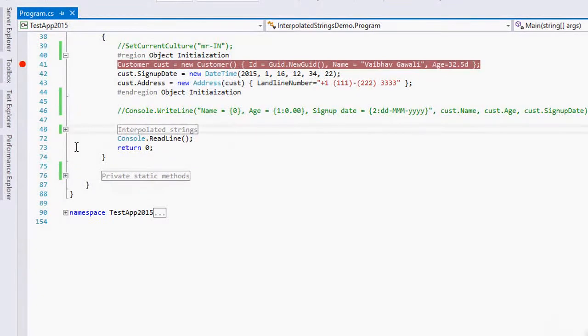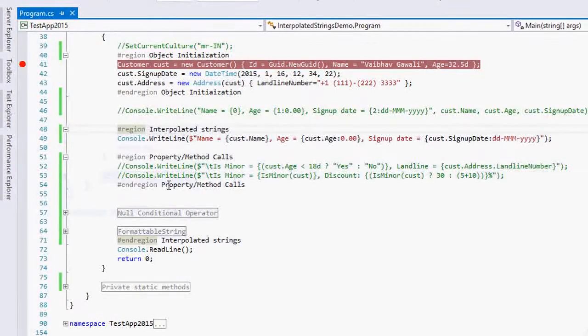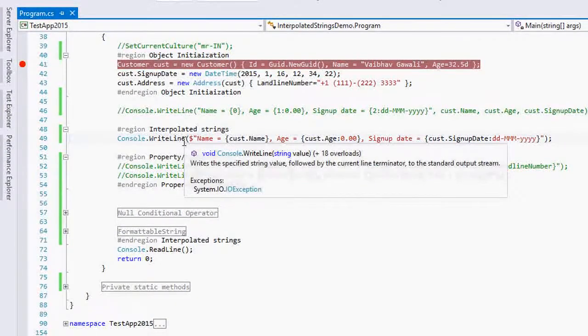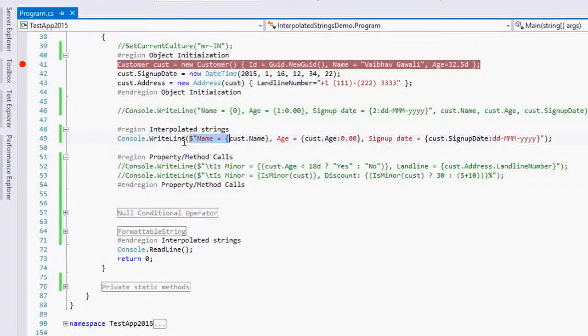Moving ahead to interpolated strings. Over here, the dollar sign signifies that the string is an interpolated string. Within this string, I'm accessing the customer object in the placeholders. In all the placeholders, instead of 0, 1, 2, I'm directly accessing the customer object: its Name property, its Age property, and in the age scenario I have also specified a format string for the number,